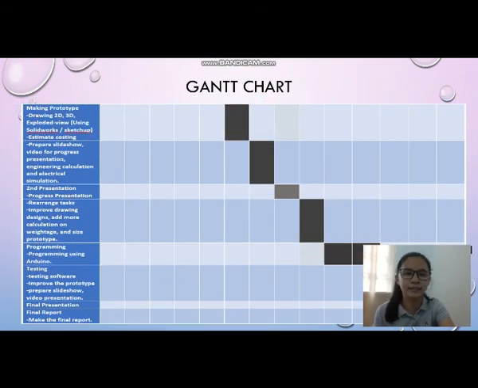For week 6 is making the prototype, drawing 2D or 3D expert view using SolidWorks or SketchUp, and estimating costing. For week 7 is preparing slideshow, video for progress presentation, engineering calculation and electrical simulation. For week 8 is the second presentation, the progress presentation, but due to the COVID-19 pandemic, our panelists requested us to record the video for progress presentation and have the Q&A session at week 8